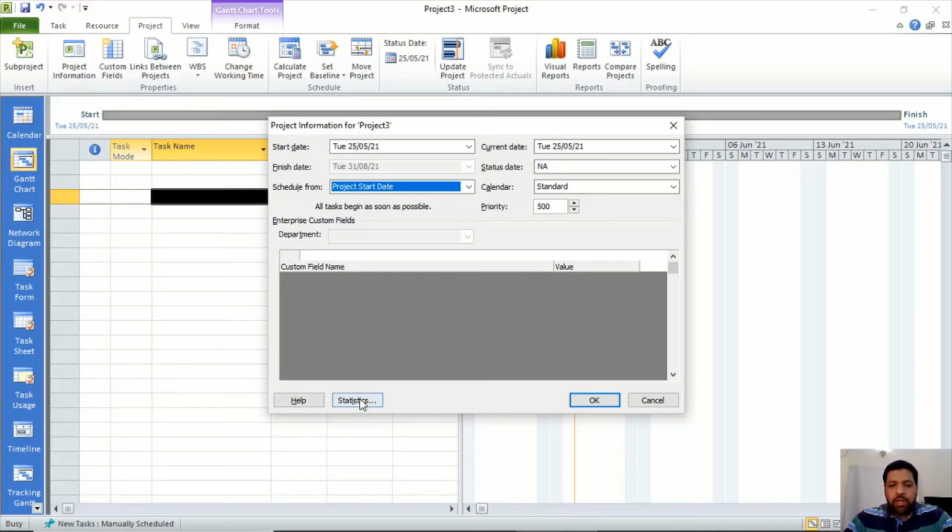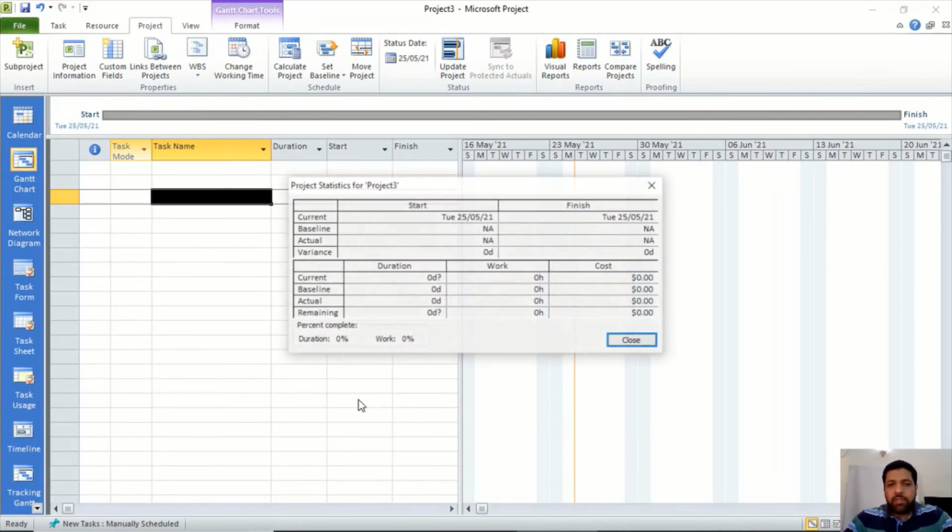And statistics, the one final thing, is the overall status, the statistics, the data of your project. This is one single window where you can see complete information about your project, about the duration, about the resources, which is work, about the costing, start, the variances in your project.